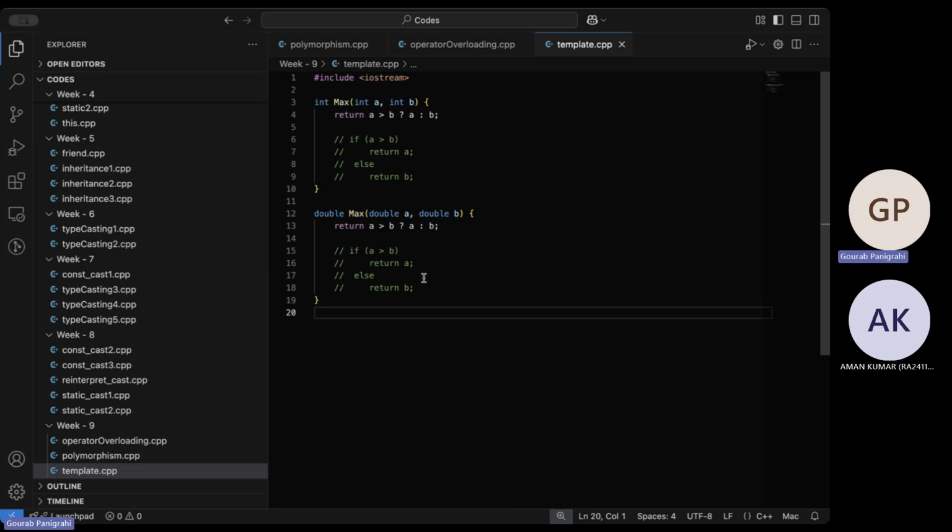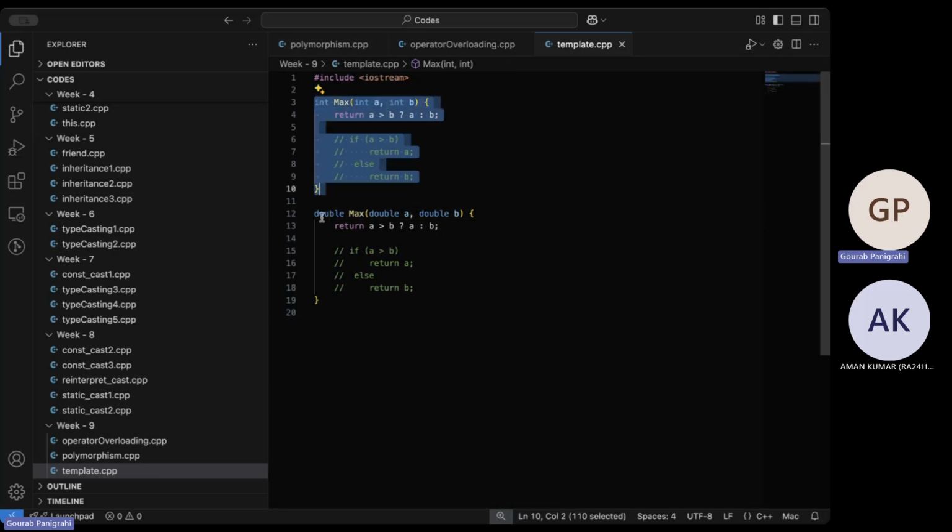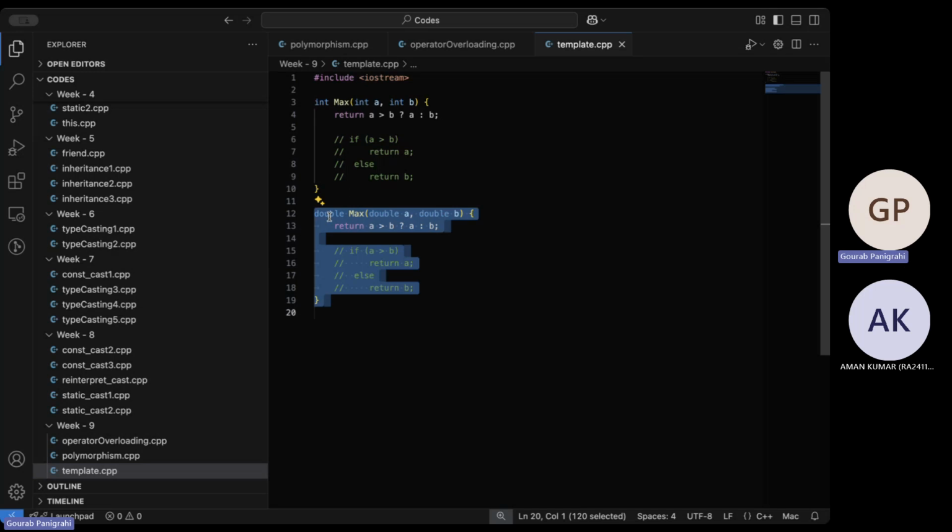The code is exactly the same, and you're just repeating it. You had to write another function just so that you can take different inputs, and because the return type also changes, you have to write the same lines of code again. Just because your data type changed, your body and everything more or less stays the same. The code logic doesn't change, nothing.